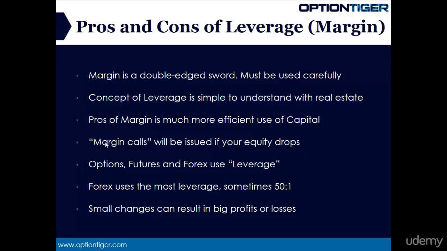And now this is even more important when it comes to options, futures, and Forex because there's a lot of leverage here. In the case of stocks, we saw that the leverage could be 2:1. So basically 50% of the value of your purchase will be held by the broker. That's 2:1. In the case of options, it's perhaps in the realm of about 5:1. Futures are perhaps 10:1. But Forex uses the most leverage, and in fact, many brokers offer 50:1 or even more.